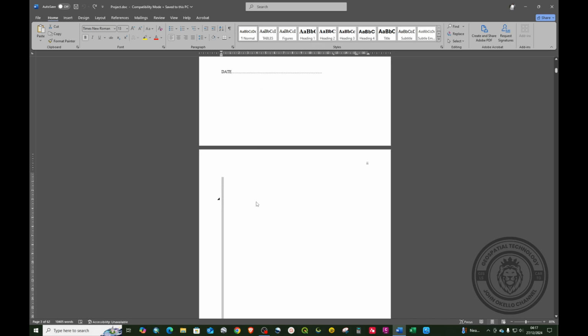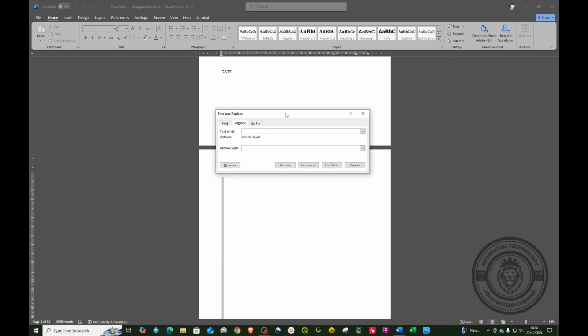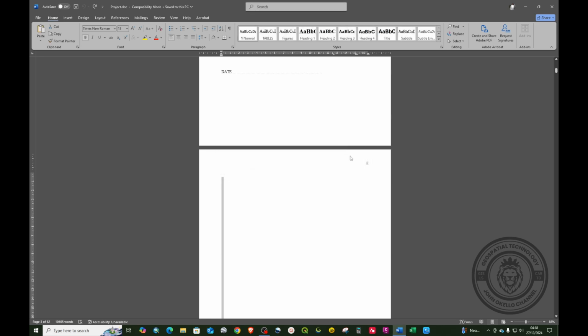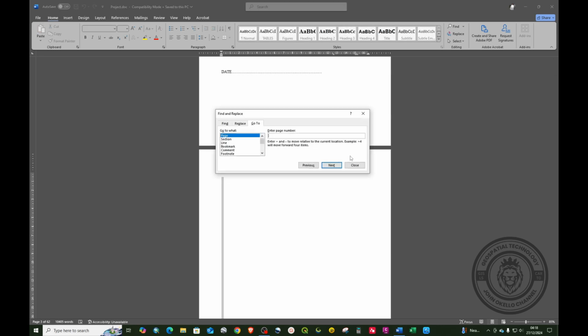So the second method that you may want to use is by going to this Editing group, and then you click on Replace, and the shortcut for this is you press Control G, and then go for these three tabs. You choose Go To, make sure that Page is highlighted. It's the first one. You click on it, and then you type in the following